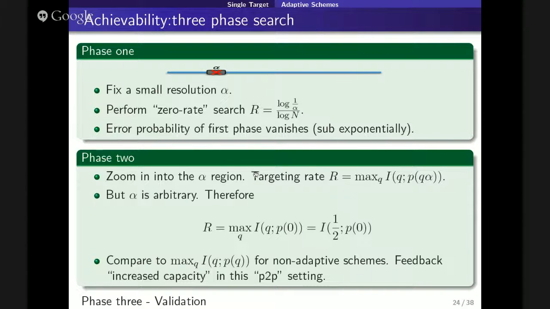And now in the second phase, we zoom in, and this is where it becomes adaptive. So you got your answer. Zoom into this region which contains the target, and do everything again, where the noise is constrained to be at most the size of alpha. That's our maximal search region. So the previous result we saw is scaled by alpha here. But alpha is arbitrary. You can do this first phase for any alpha, as small as you want.